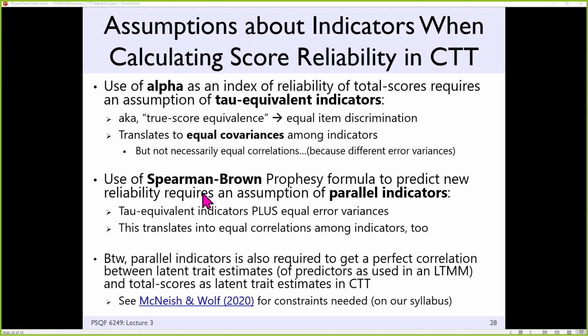All right, yeah. So this idea of parallel indicators also shows up in the context of when some scores would be equivalent to latent variables. And I put out a shout out here for an article that is on your reading list like a month from now or so, but it covers this in great detail. If you're adding items together, that is the same thing as a latent trait model with a parallel items set of constraints on it. So factor score F as a predictor works out to be the exact same thing as